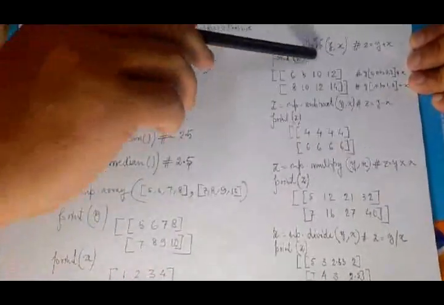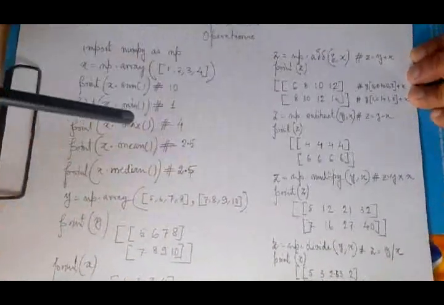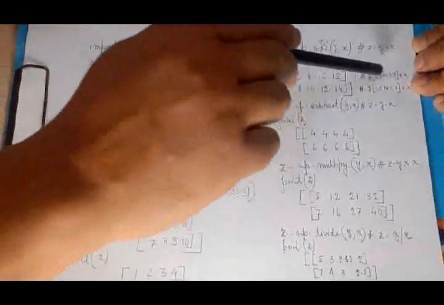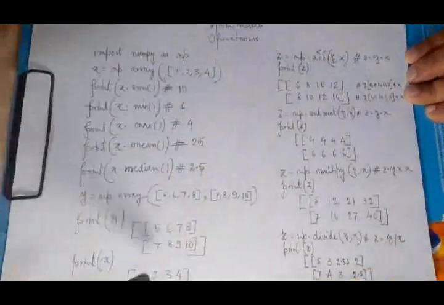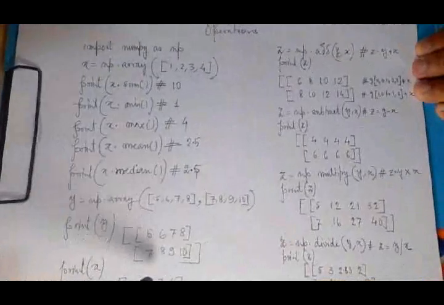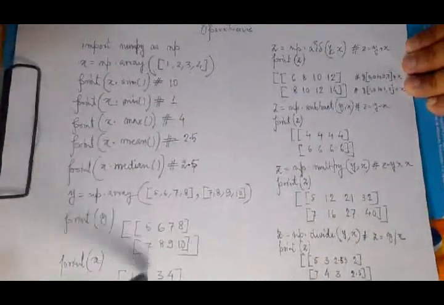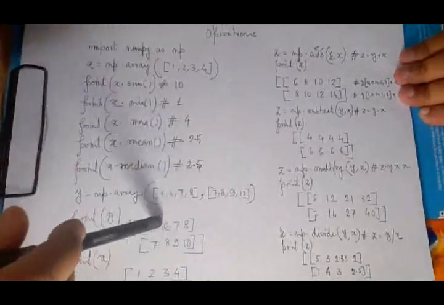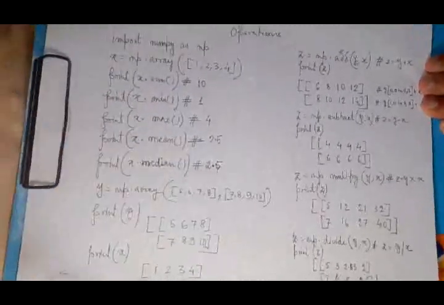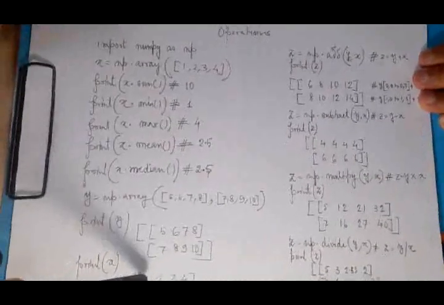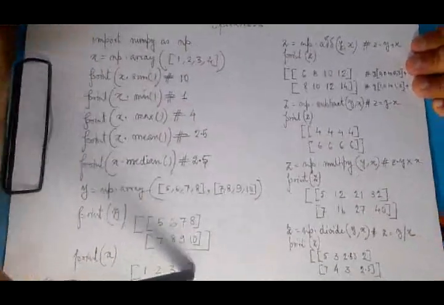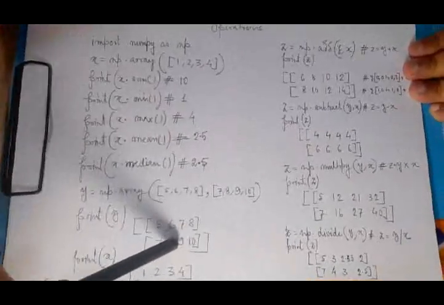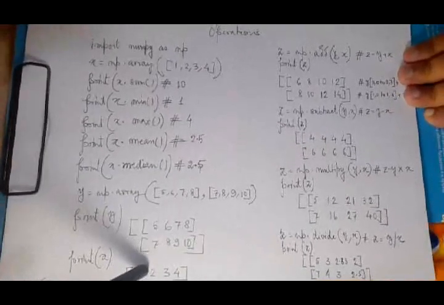When the add function works, values of x will be added to y. How does this addition take place? All the corresponding values, because the dimensions are the same, the number of values is the same, only then will this operation work. Values of x are 1, 2, 3, 4, and values of y are 5, 6, 7, 8 and 7, 8, 9, 10. This is double dimensional, x is single dimensional.